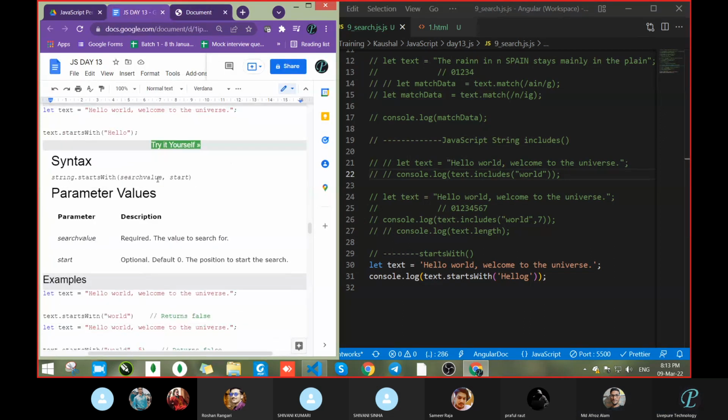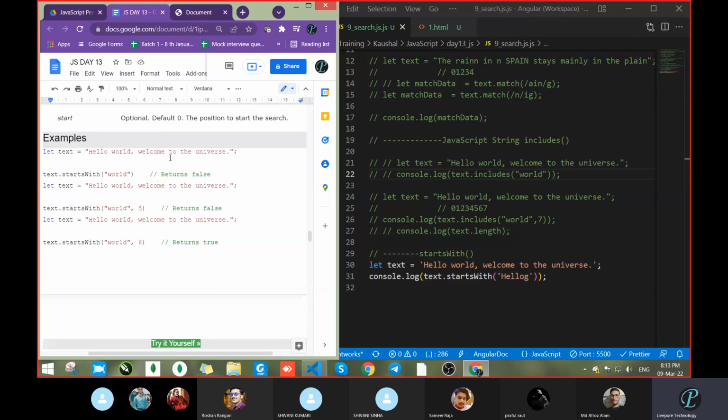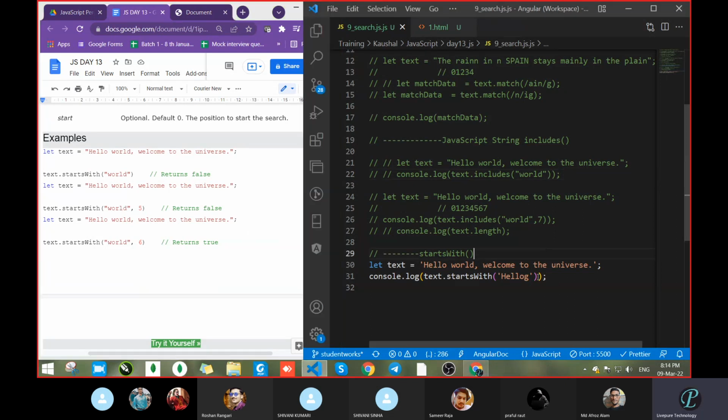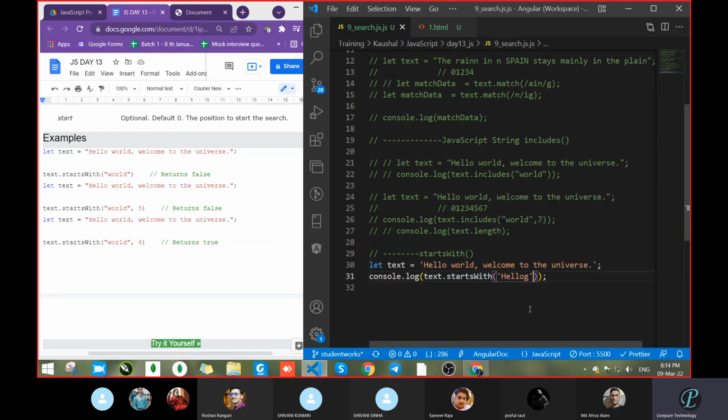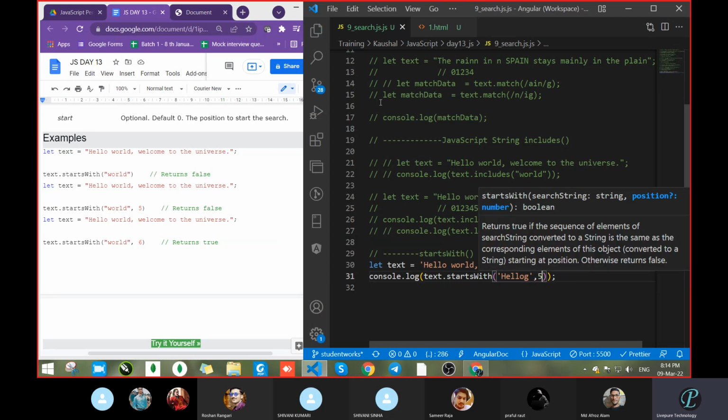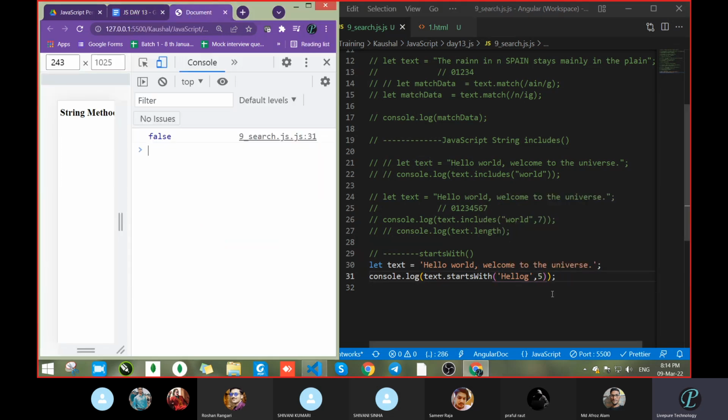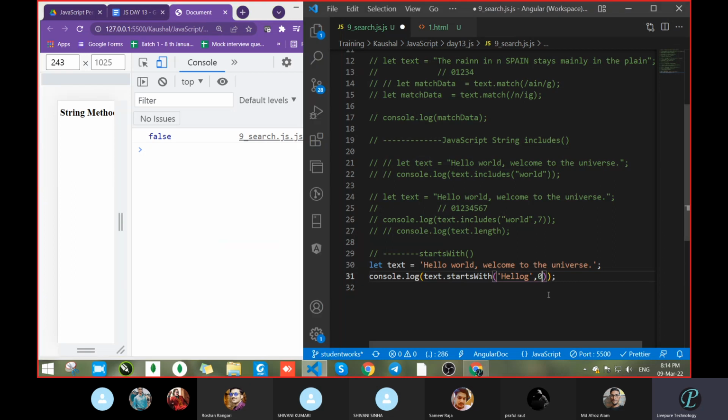Sir. Now it is doing the same thing. Now see, startsWith is returning false. One second. Yeah, give the position. Let's see the position also. Put the cursor and let's see this method information here itself. So it also accepts position. You can pass the position also. So pass a comma, give 5. Let's see, you will get false because we start searching from 5, but hello is at the 0th position itself. Save. What happened?